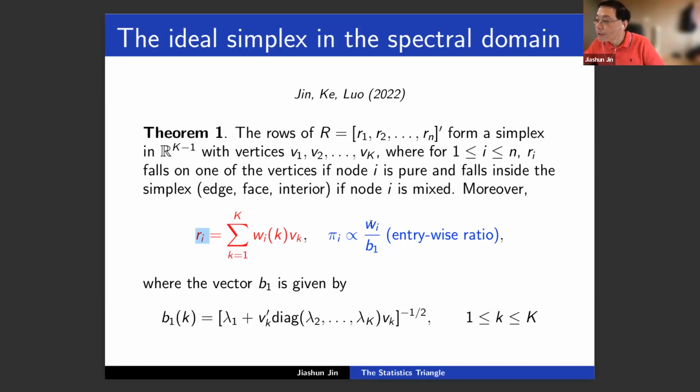Now, this is a three-dimensional vector. This is also a three-dimensional vector, introduced as follows, which only depends on the eigenvalues of omega and these vertices v_k, which we just found. If you divide this vector and this vector entry by entry, it remains a three-dimensional vector, and this turns out to be almost pi_i, just up to a scaling. So if you renormalize it to have L1 norm 1, then this is exactly pi_i. This is the main idea. Any questions?